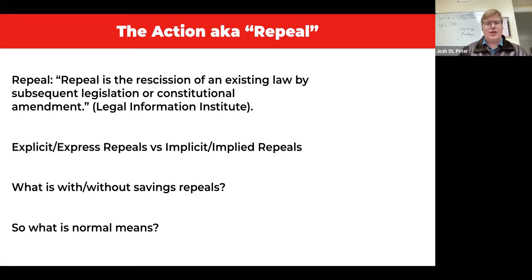And so additionally, it's important to note that repeals can be done in two other ways, with or without savings. This is the terminology that is often used in legislative bodies for how these are used across even more than the United States. If it is done with savings, that means that there are some parts of the initial law that are kept. And if it's without savings, that means there are no parts of the law that are kept.